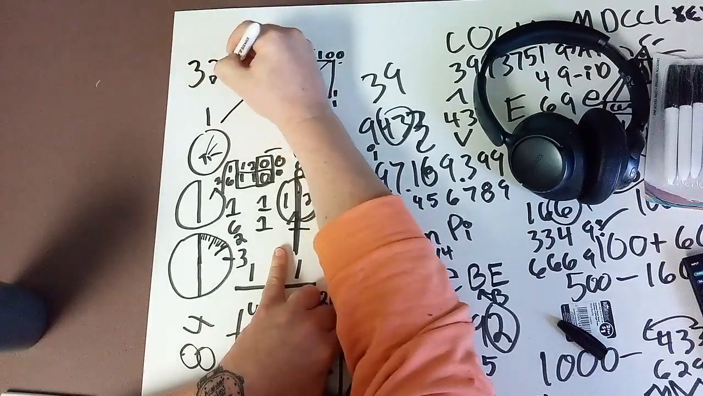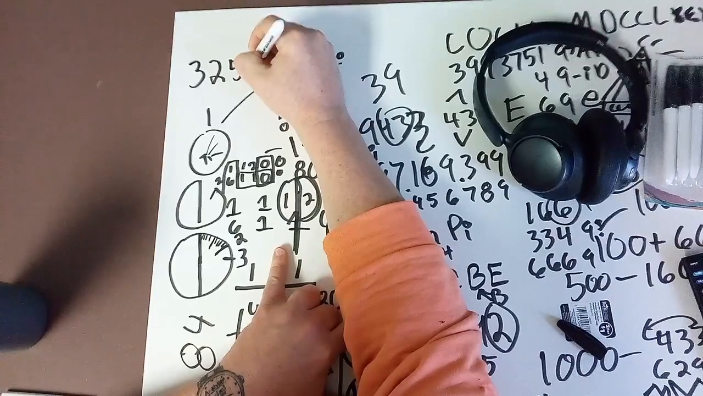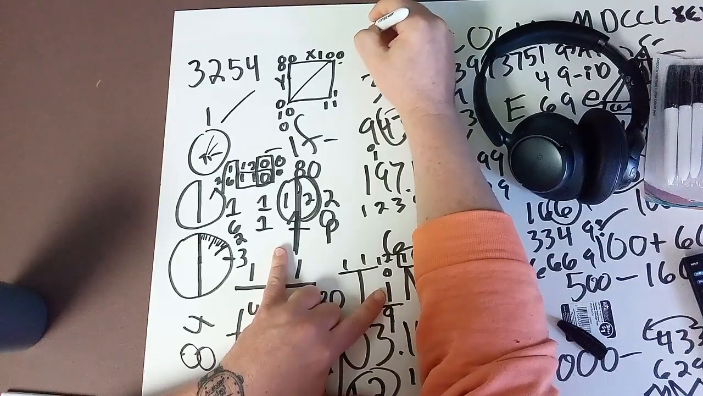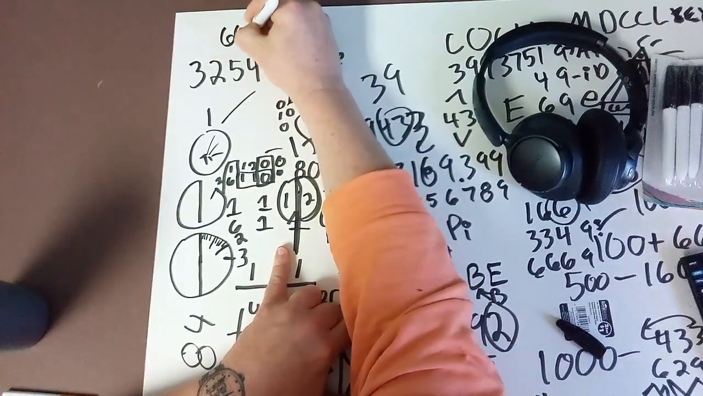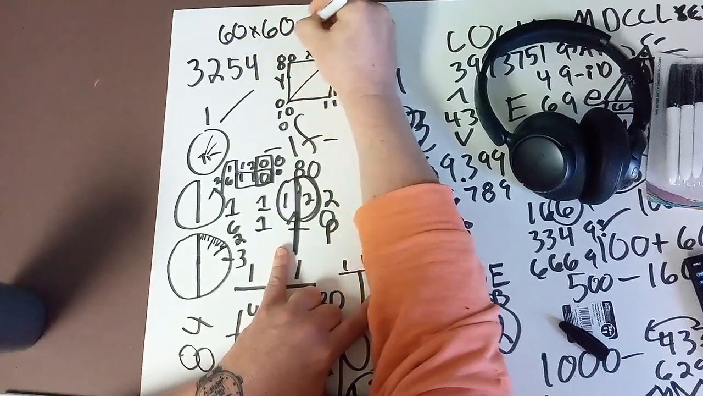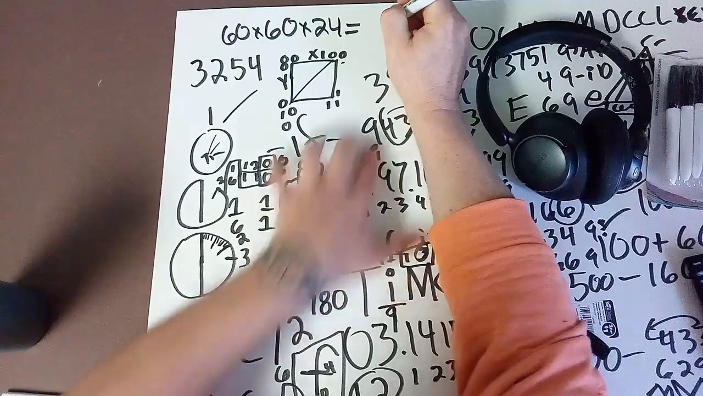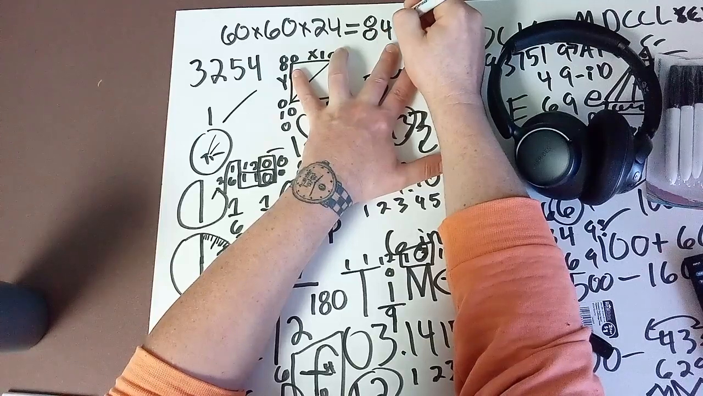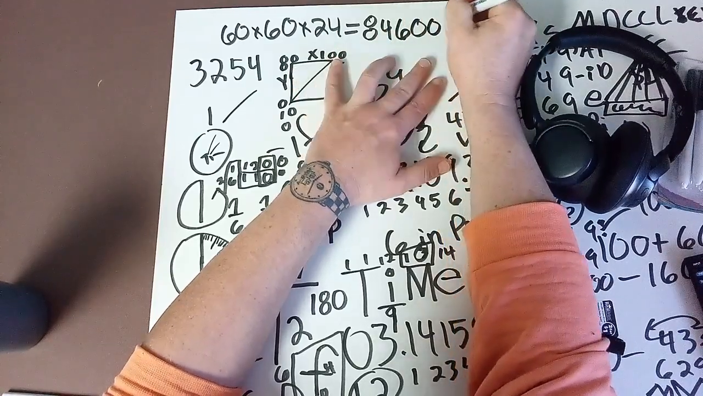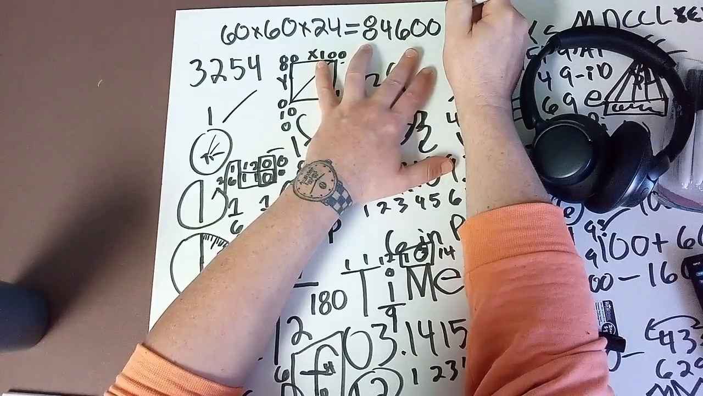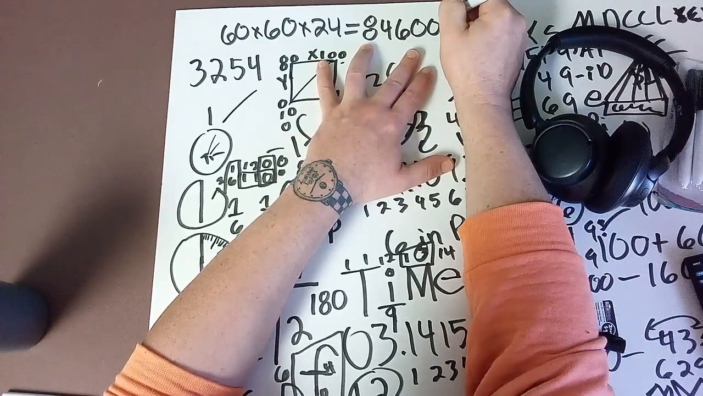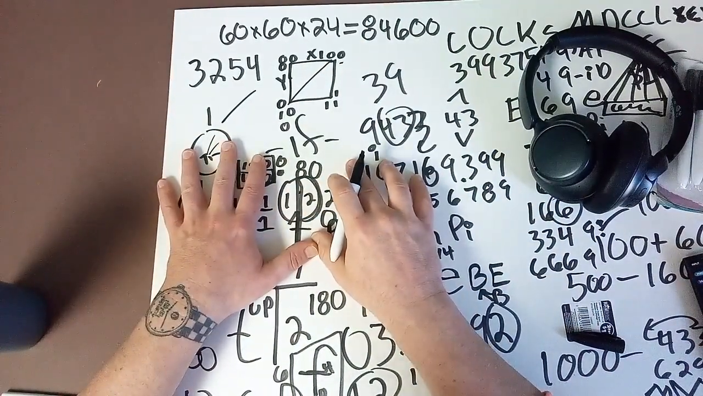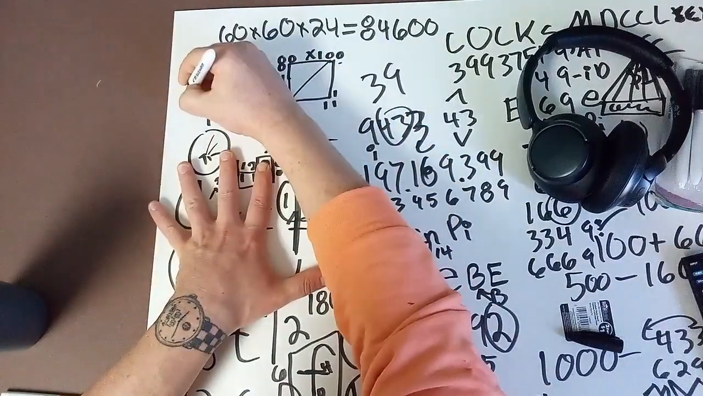and 2, 5, 4, alright? And I forget where it ends, but you're looking for 60 times 24 to equal 8, 4, 6, 0, 0. I think that's right. Yeah, I think that's right. And the reason is, in this row number,